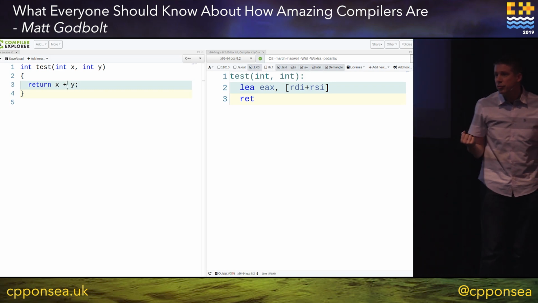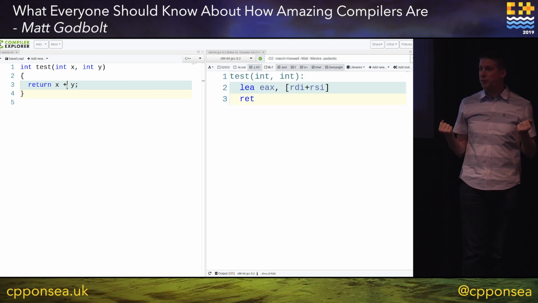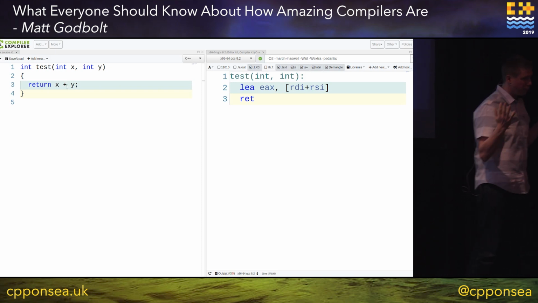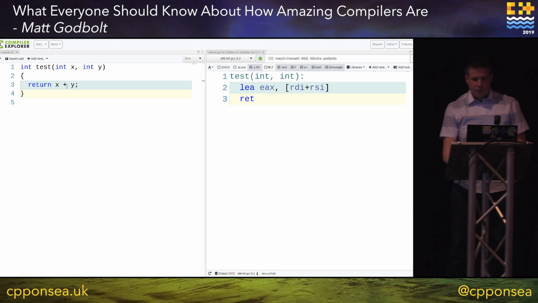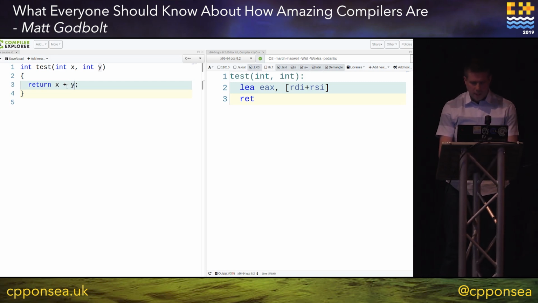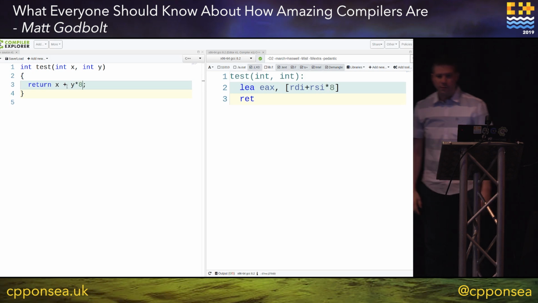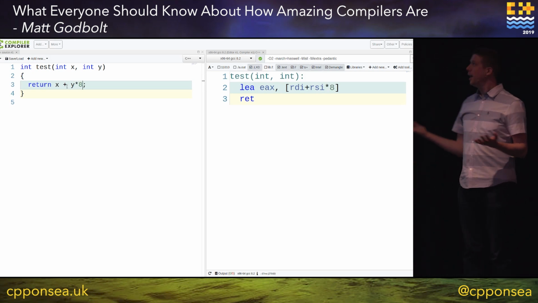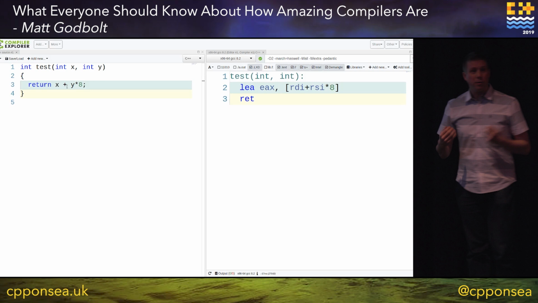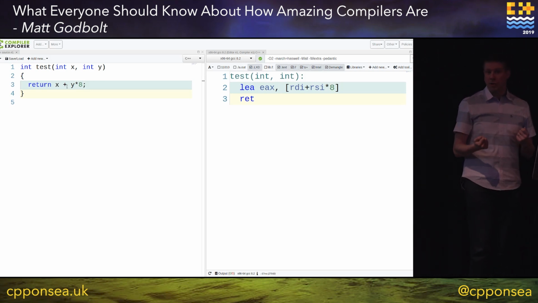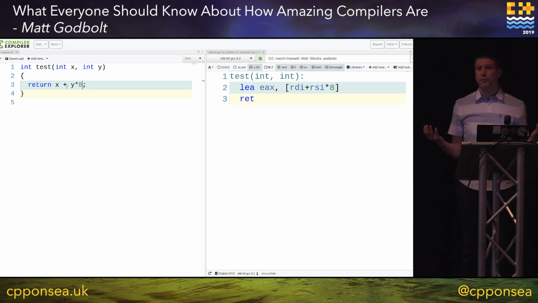They're just 2 integers. But as long as we don't dereference them, that's completely fine. So we're good. Now, the other thing you notice the LEA instruction could do is I can multiply one of those by 8, and it's still one instruction. How cool is that? So the compiler is smart enough to notice what I'm doing and pick an instruction which does exactly what I want it to do, even though I would have never thought of that